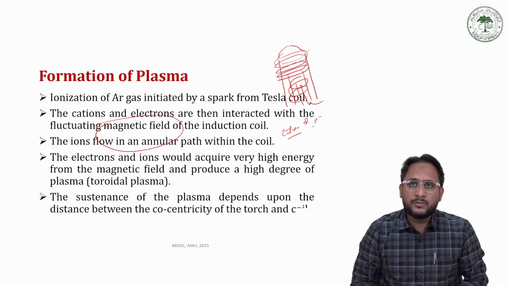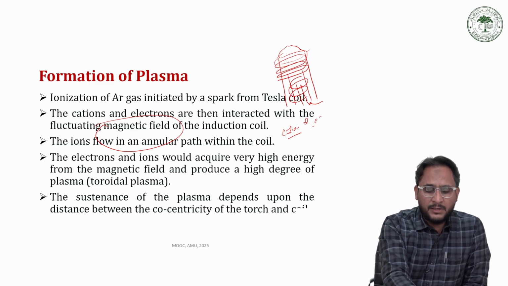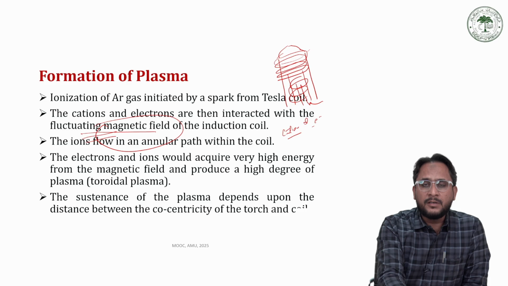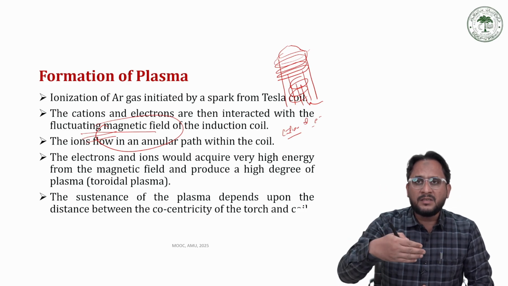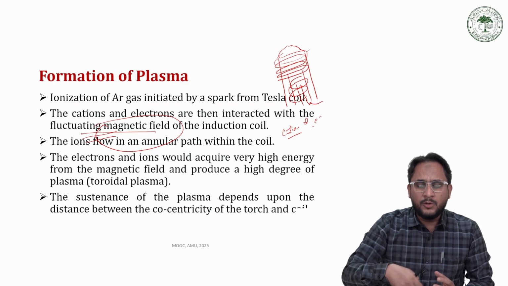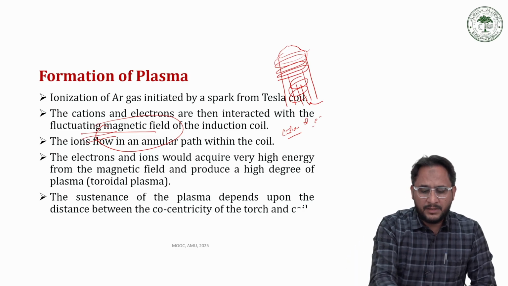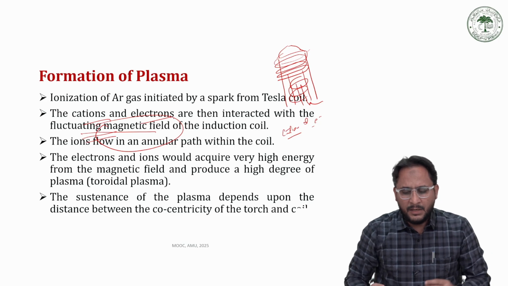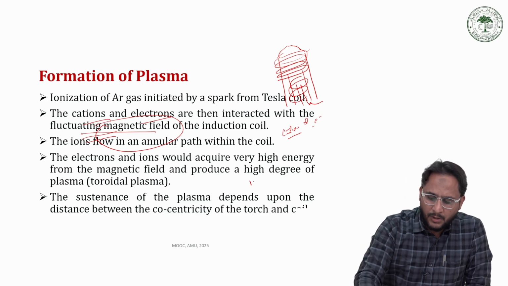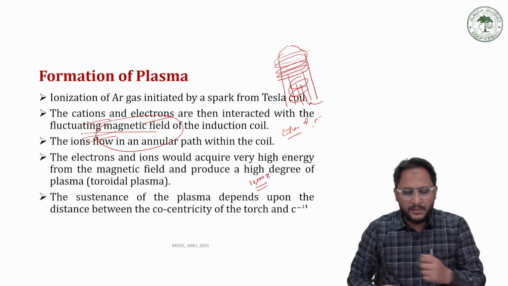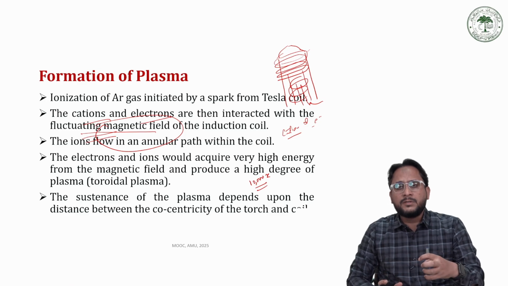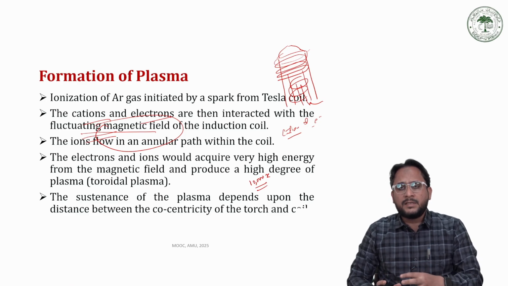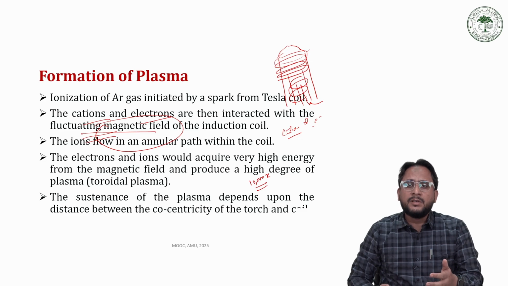Through these Tesla coils, when we pass radio frequency, which has a fluctuating magnetic field of very high strength, it has enough energy to ionize the argon gas coming as auxiliary gas in the middle tube into its cations and electrons, creating a plasma which has very high energy. We can go up to 10,000 Kelvin easily, and it can immediately excite all the sample, convert all the molecules into individual atoms in excited state, thereby emitting light radiations, creating an